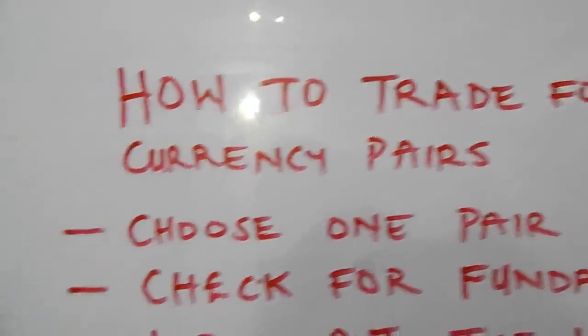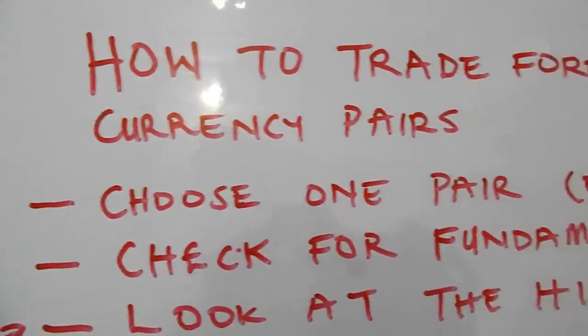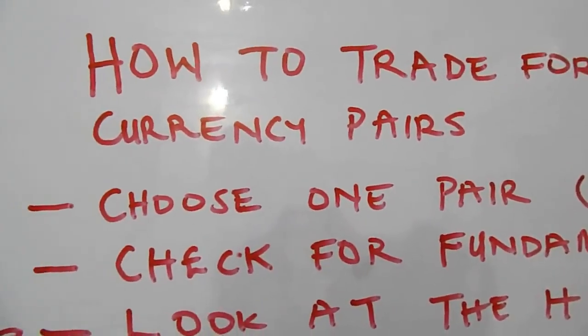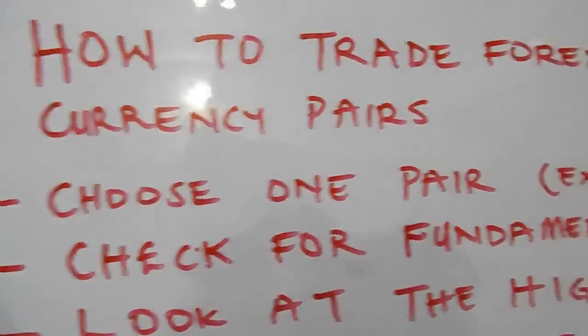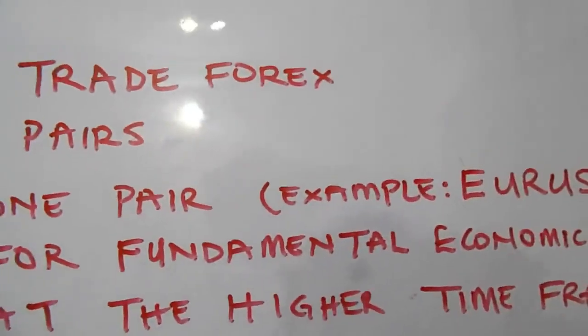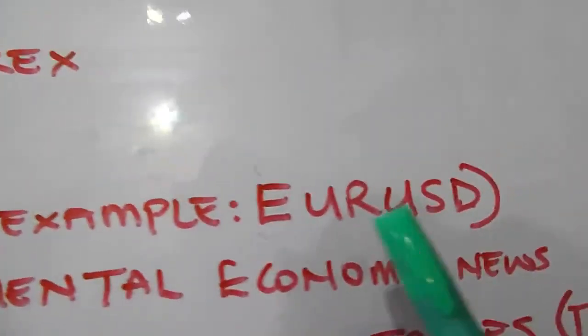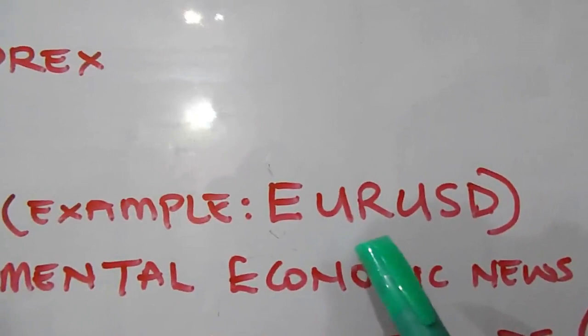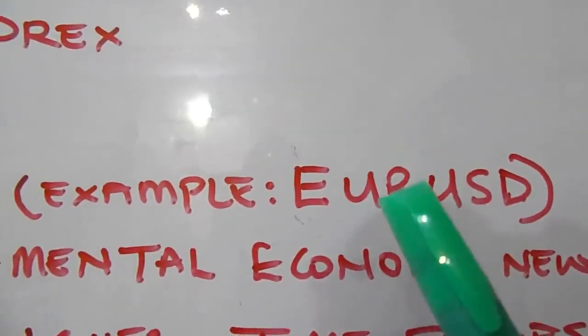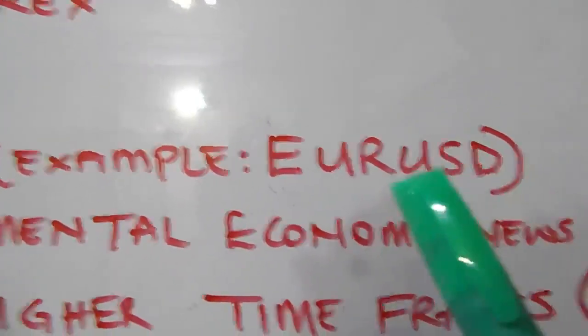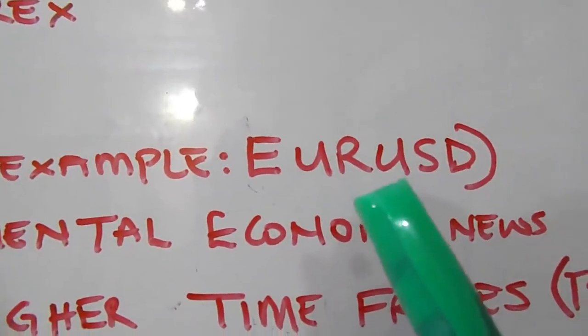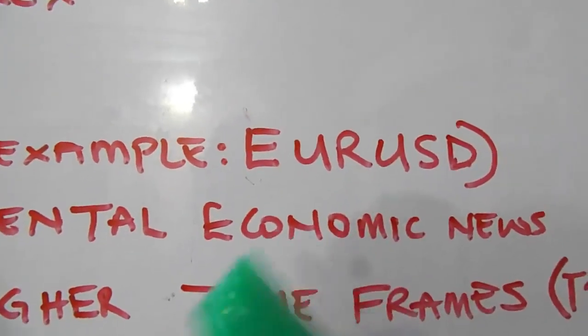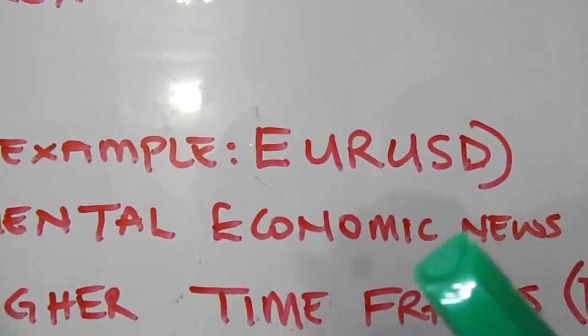Now the first thing to do when you want to trade forex currency pairs, you need to choose one pair at a time. For example, we have Euro USD. Let it be that you are going to trade only Euro USD. So you might want to look at your charts and see how the price moves. You might want to look at the